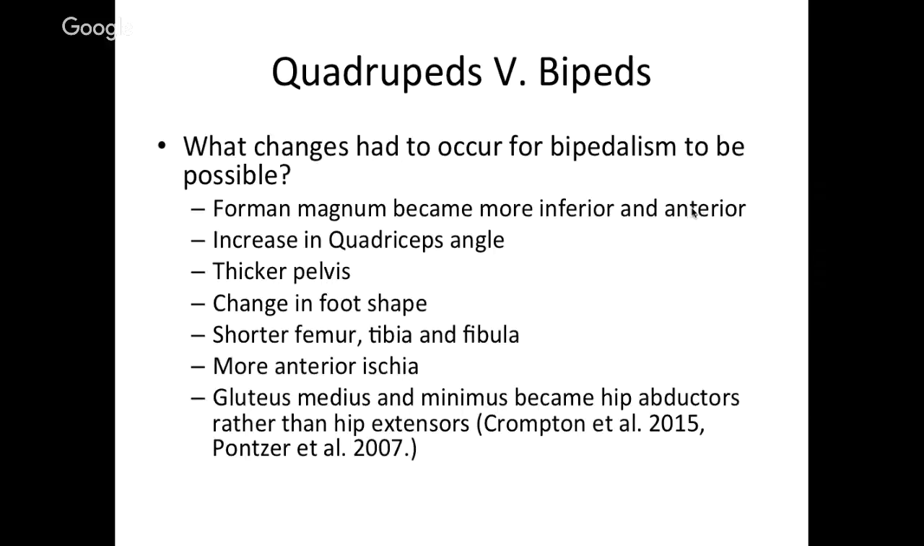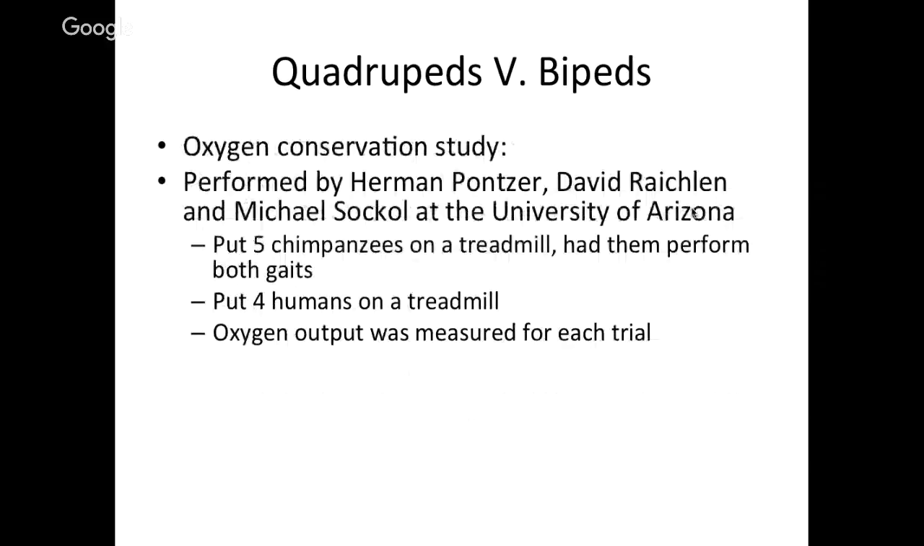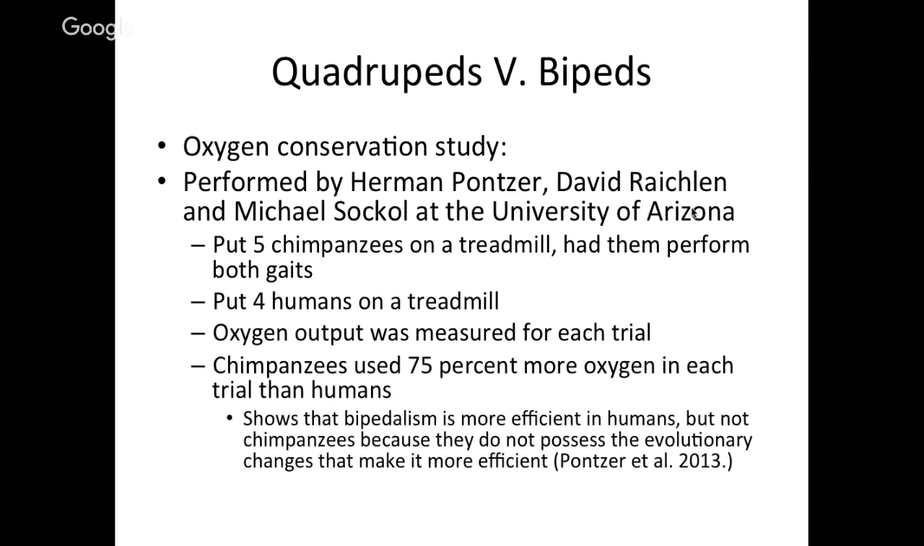So there was a study done to test the efficiency of quadrupedalism versus bipedalism, by Reichlen and Michael Sockol at the University of Arizona, and they put 5 chimpanzees on a treadmill to perform a quadrupedal gait and a bipedal gait, tested their oxygen output, and then they put 4 humans on a treadmill and measured their oxygen output as well. So the results for the study were that chimpanzees used 75% more oxygen in each trial than humans. And this shows that bipedalism is more efficient, especially in humans, and it's not more efficient in chimpanzees